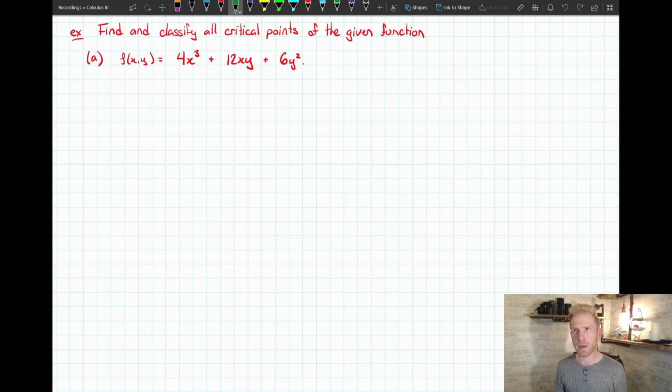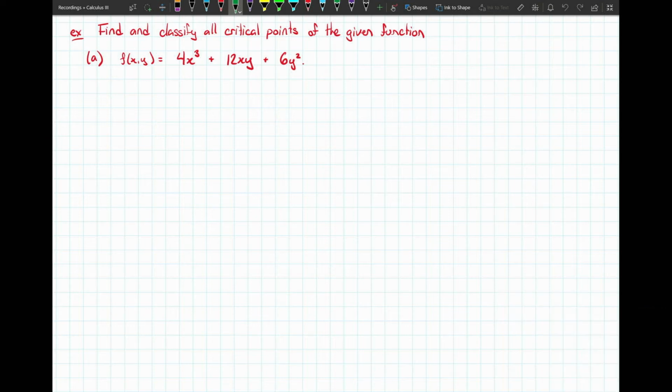Because it's cubic, we might get multiple local extreme values. We might find maybe a local minimum, maybe a local maximum, maybe a particular saddle point in there. So we're going to have to classify them. If it was simply just a quadratic polynomial in x and y, then we wouldn't really find much more than just an elliptic paraboloid or a hyperbolic paraboloid. We wouldn't really have much to classify there. So let's see if we can find the equations that we need to solve first to get these critical points